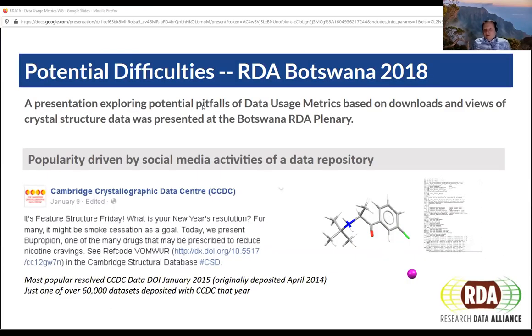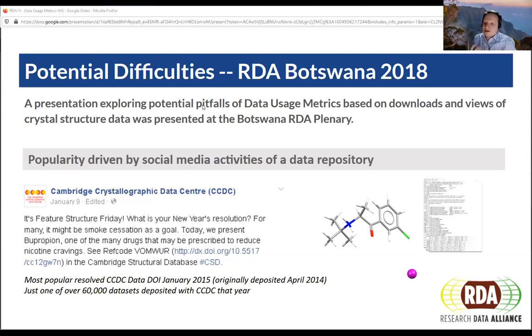Another strand we explored, which relates to that message about a degree of skepticism around data usage metrics, was some of the possible pitfalls of these. This began with the presentation I gave in the Botswana RDA plenary, the one before Philadelphia.